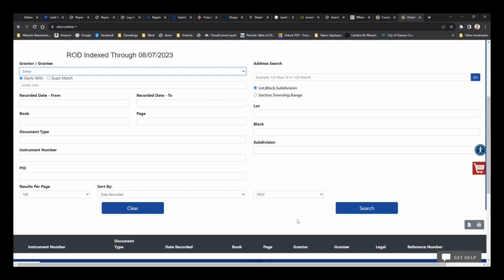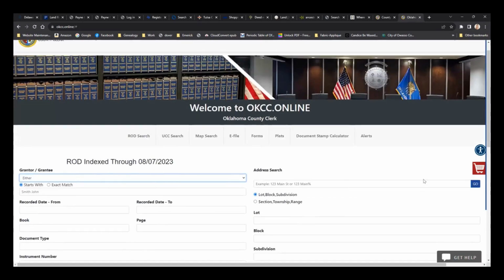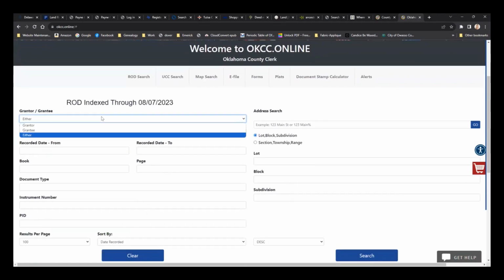Another thing I didn't bring up was census records. If you can find them on the census records, you can sometimes get at least a street address off of that if they lived in town. That's where I got the street address, because it was on the corner of Robinson and Southwest 21st Street. And I know where Robinson is.